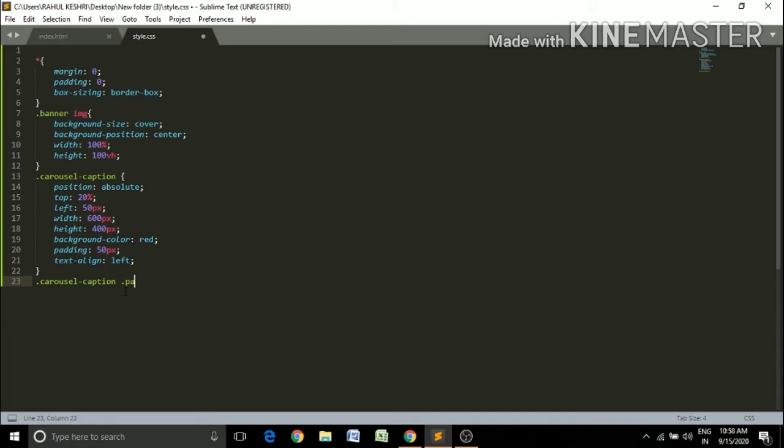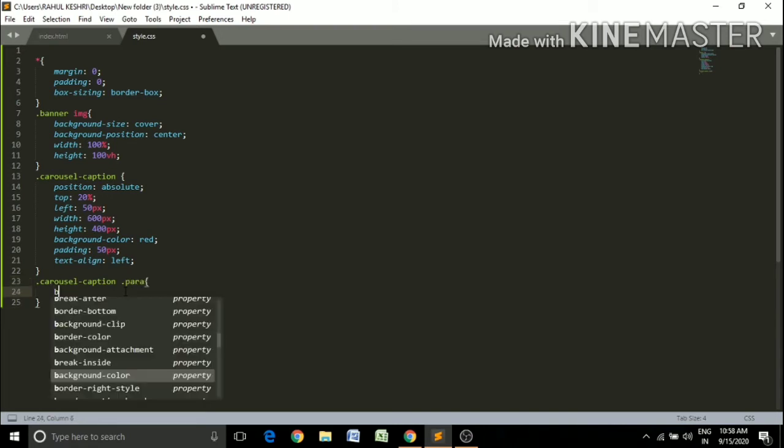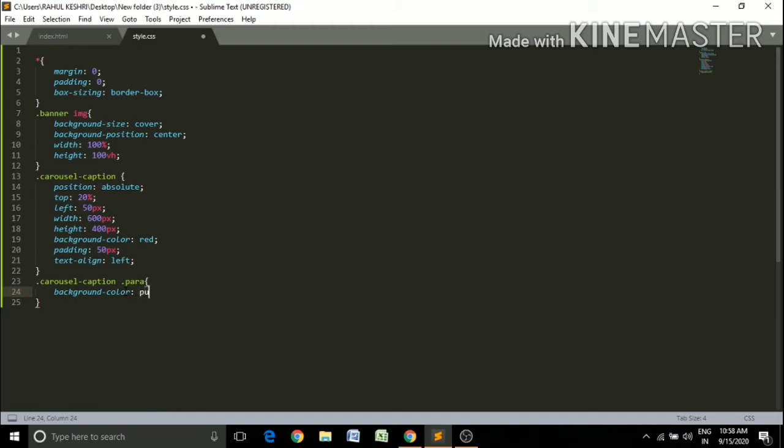Dot para. Okay, just give a background color purple. Padding, just a second.